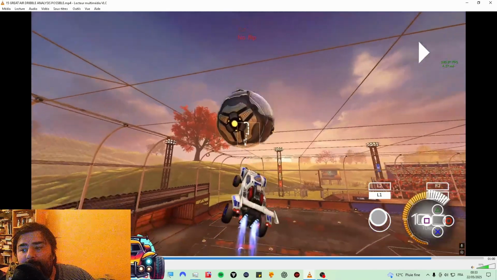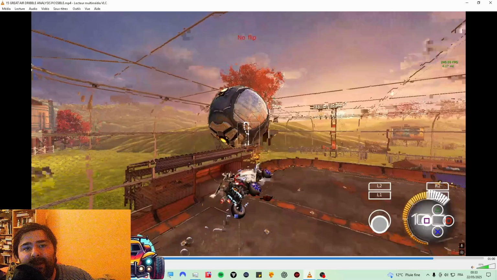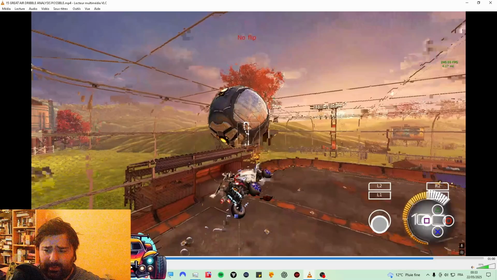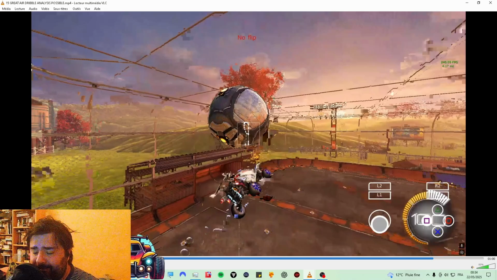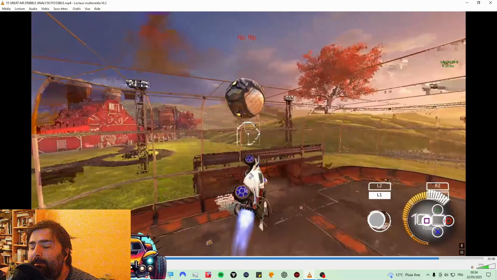Here, after I hit the ball, I'm neutral. And right after being neutral, I start doing the reverse clock. This is between neutral and 25 degrees. And I do a reverse clock, I would say this would be medium speed, a bit slower than medium maybe. So it's like